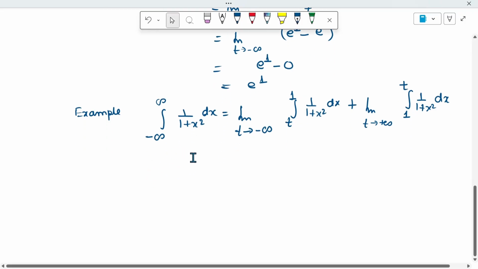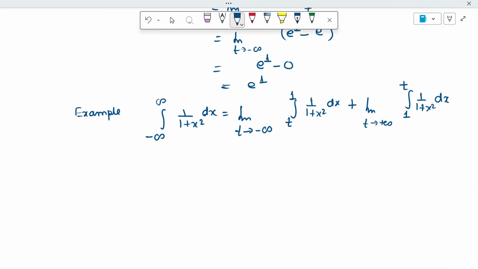So we have taken a point 1, and minus infinity to 1, we are going this way, then 1 to infinity. So if this is convergent, it means this limit has to exist, and at the same time this limit has to exist or be convergent. So we will write this way,